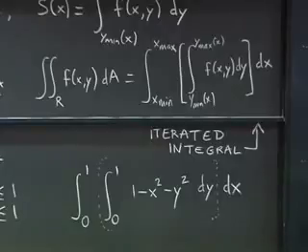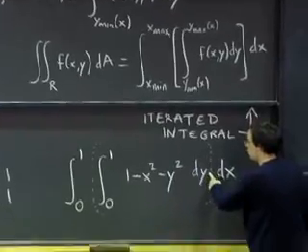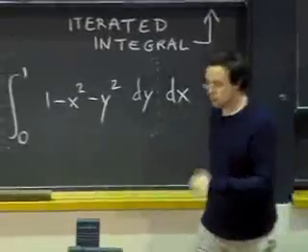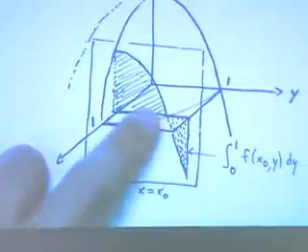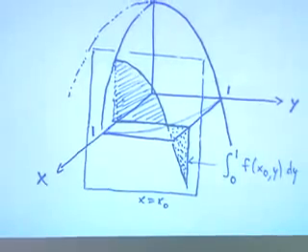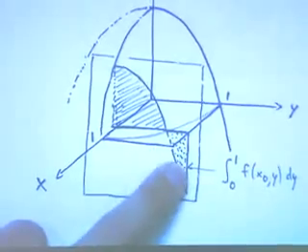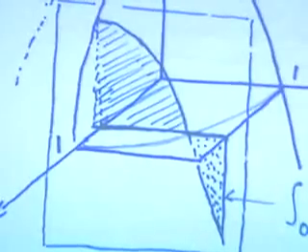So what this means is first I will integrate 1 minus x squared minus y squared over y ranging from 0 to 1 with x held fixed. What that represents is the area in this slice. Here I've drawn what happens: the function takes positive and negative values. So in fact, I will be counting positively this part of the area, and I will be counting negatively this part of the area, as usual when I do an integral.